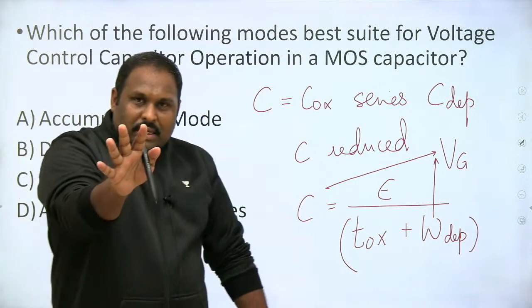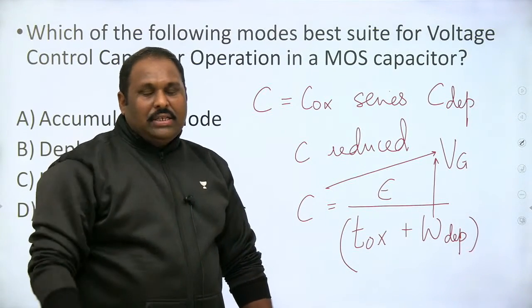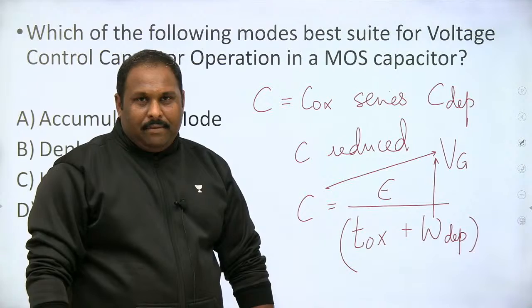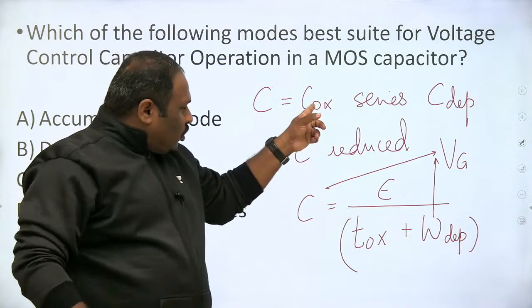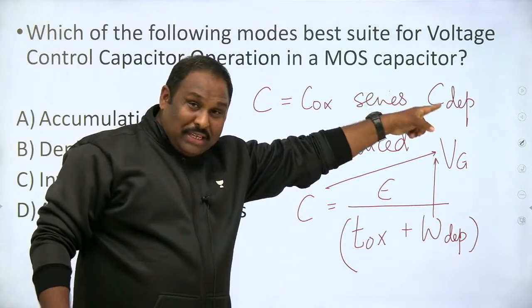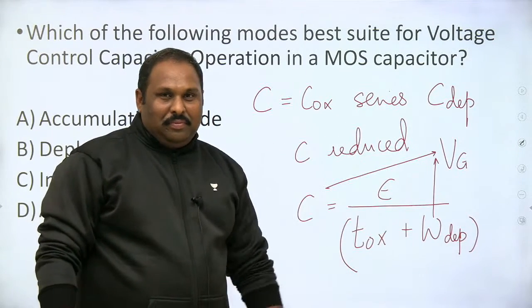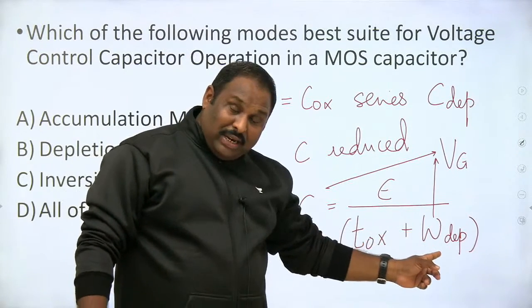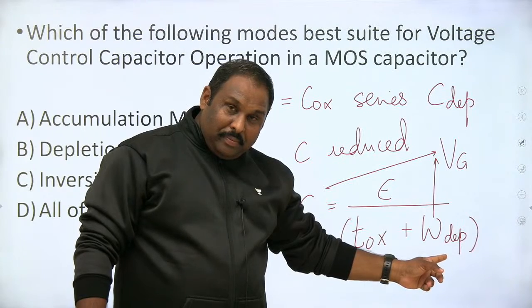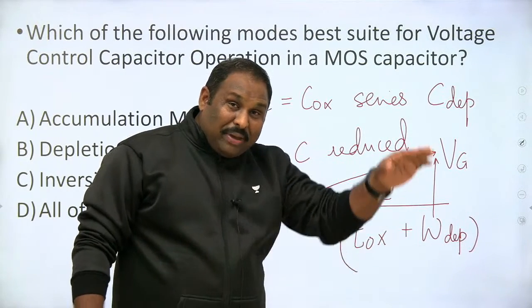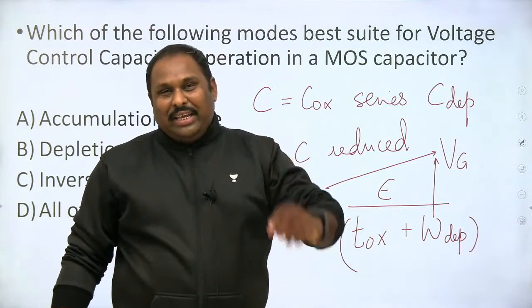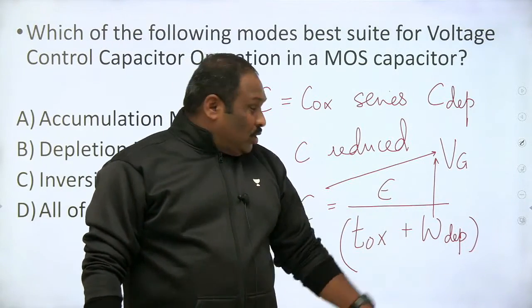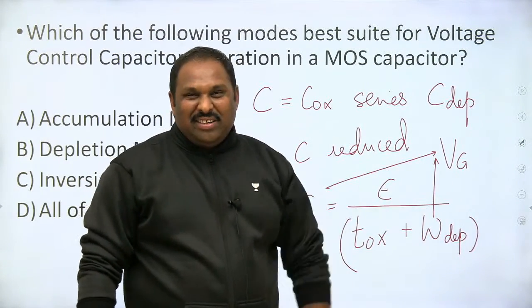So capacitance calculations यहां पे थोड़ी सावधानी से करना है कि your capacitance on the whole here is the capacitance of the oxide layer coming in series to the capacitance of the depletion region, which depends on the width of the depletion region. So therefore यहाँ पे capacitance is also low but can be controlled by the gate voltage because width can be controlled by the gate voltage.